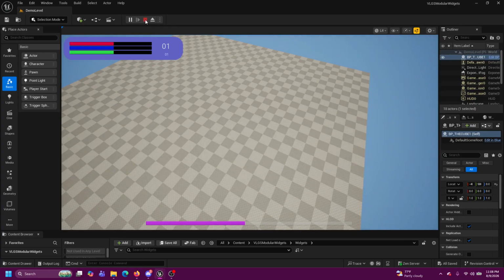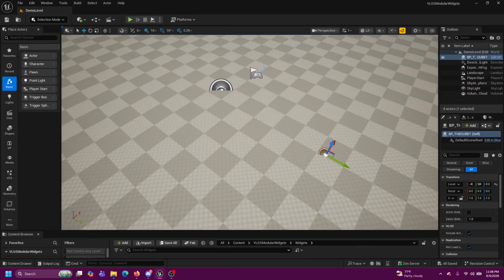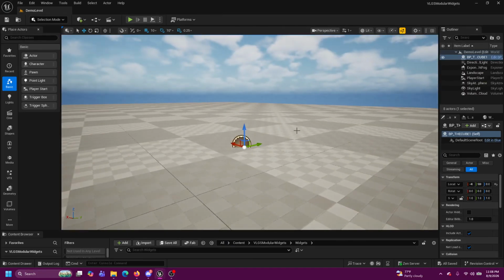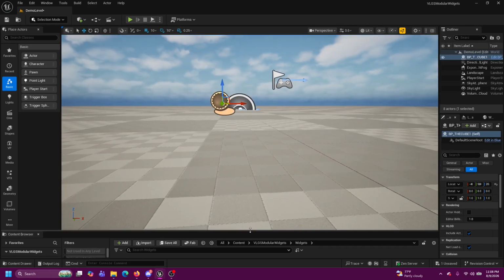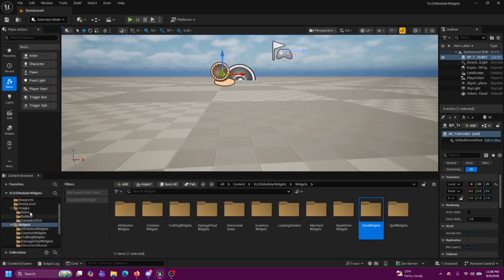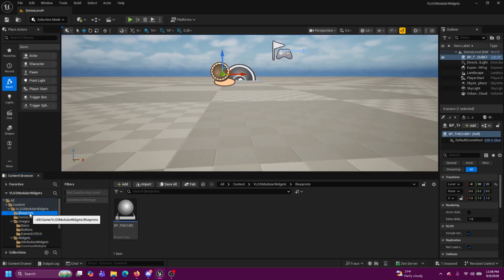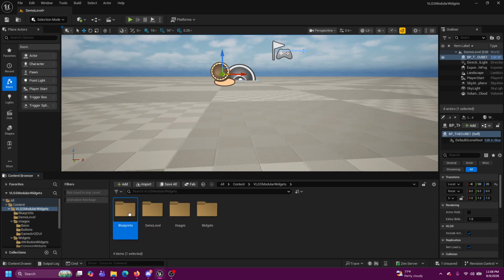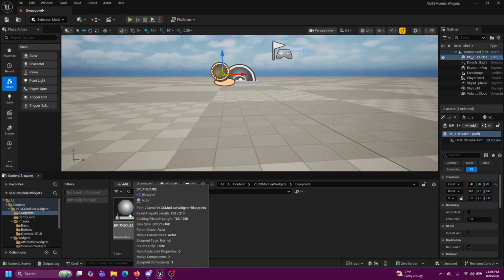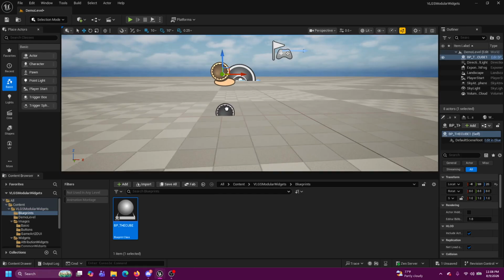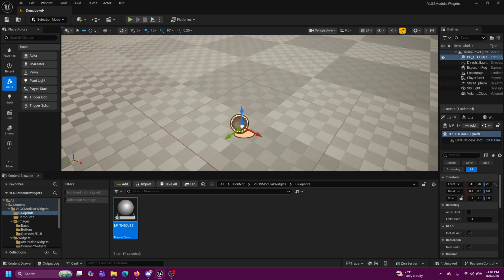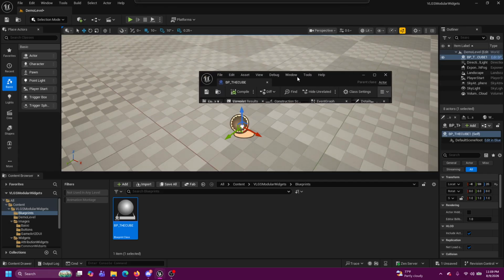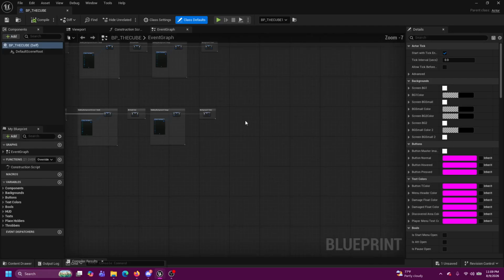Oh crap, I'm still in editor mode. This is the cube. And it functions very simply. You go into your blueprints folder and modular widgets, go to your blueprint, and you drag it onto the screen. It's literally that simple. And once it's on the screen, you can edit it. And the reason you might want to edit it is because,